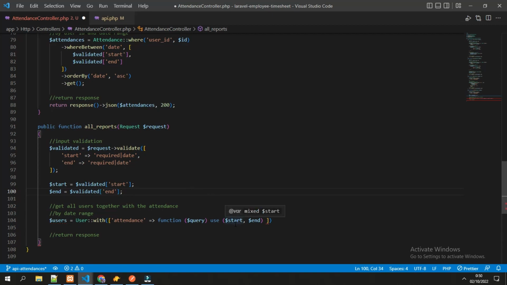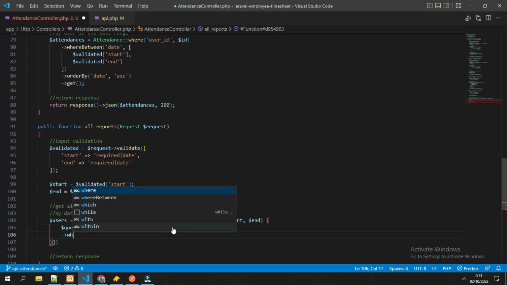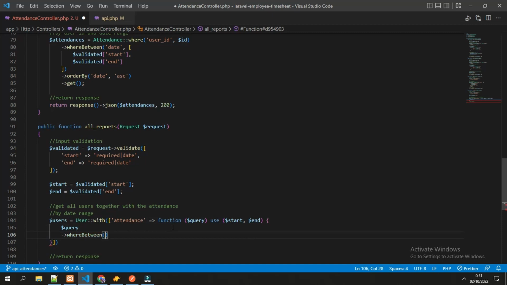Now we can use the query for the attendance. We use the query here. The first where clause is the where between to filter using a date, and it needs two variables, the start and end.